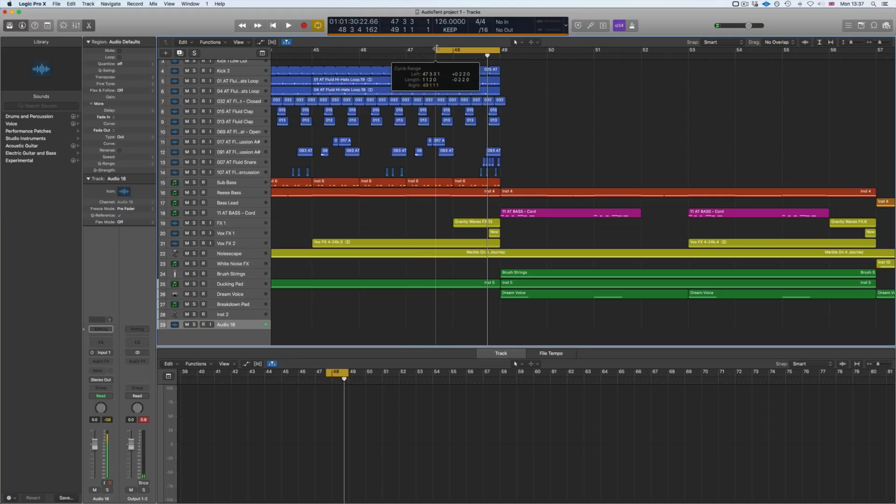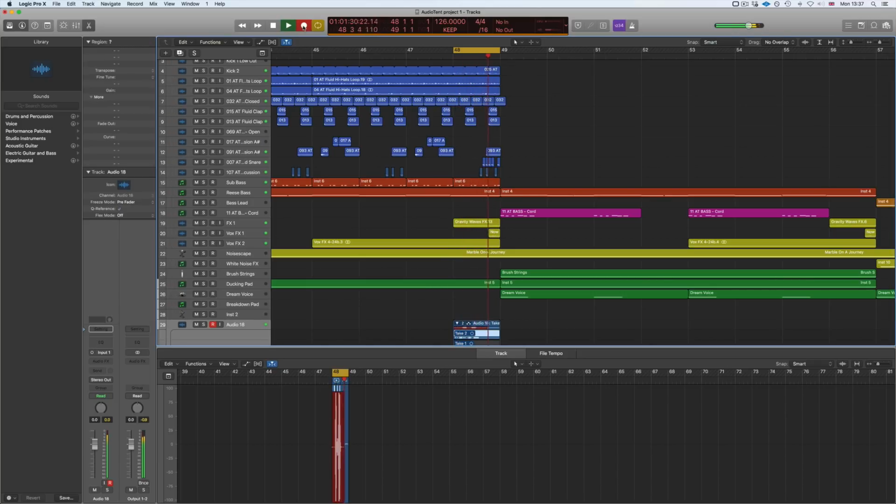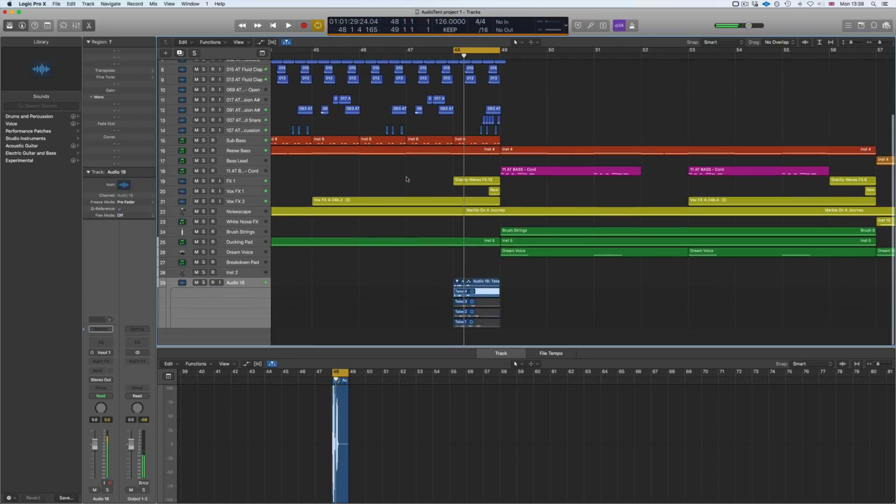And we'll go for a real short section, and all I'm going to do is hit record, and it's going to automatically loop around this loop point that I've created, and each time it loops it's going to create a new take. So just to demonstrate this, we've got take 1 here, and then it goes to take 2, take 3, and then take 4. And then what we now do, if we just zoom in so you can see,